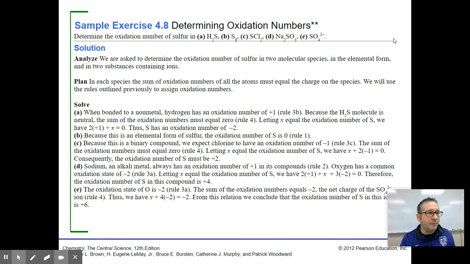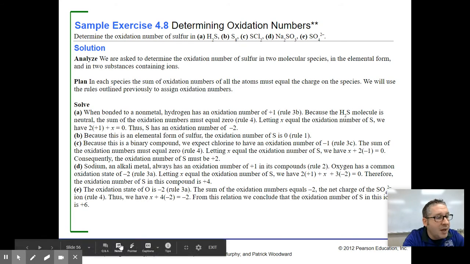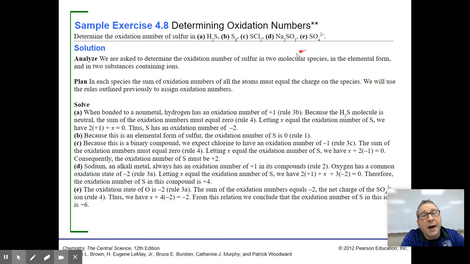Okay, let's look at these sample exercises here. Let me get a little pointer out. So we have 1, 2, 3, 4, 5 sample questions that we are going to work. And in all 5 of them, we need to determine the oxidation number of sulfur. Only sulfur in these questions. So in the first one,